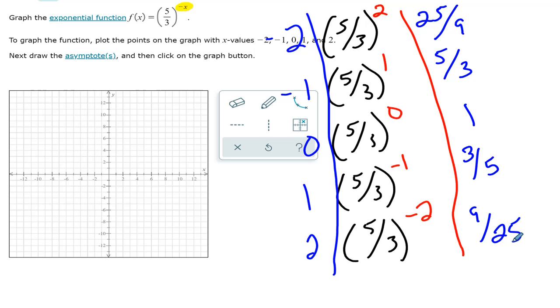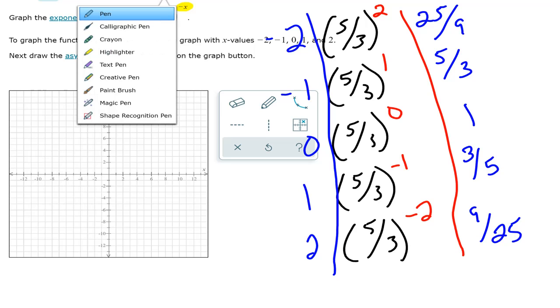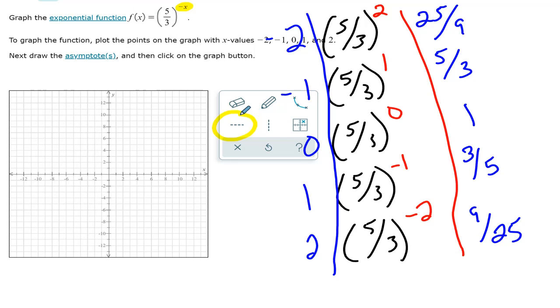Now, same thing we did in the last problem. I've got to graph my asymptote first. So I'm going to use that button right there, and it's going to go right on the axis. Now to graph my points, I'm going to make sure I use the original numbers that I plugged in, the -2, the -1, 0, 1, and 2, and then my answers. So -2 is 25/9,